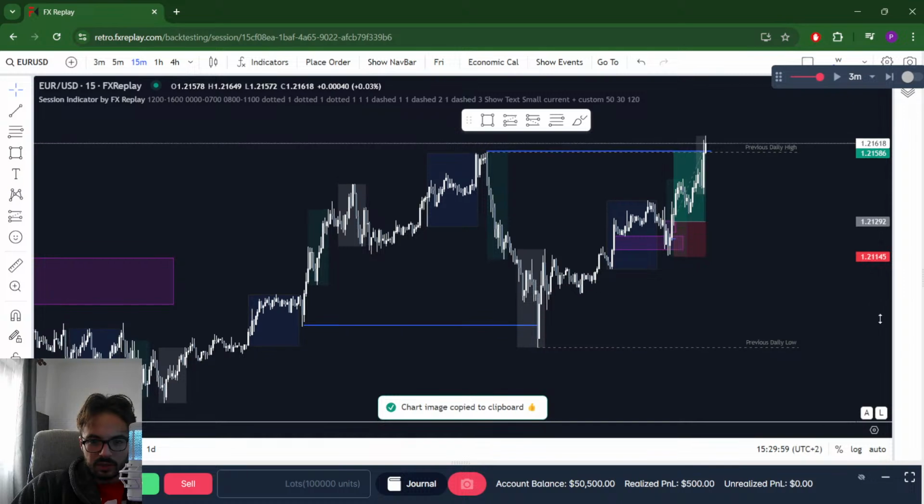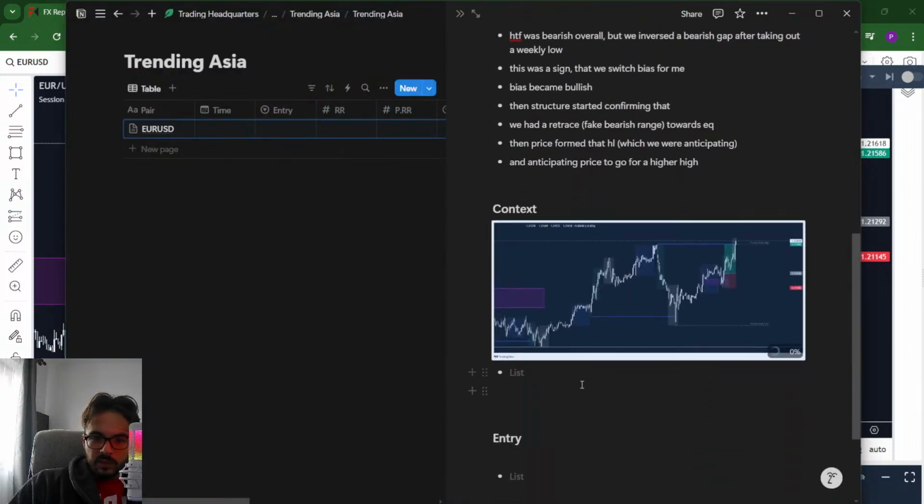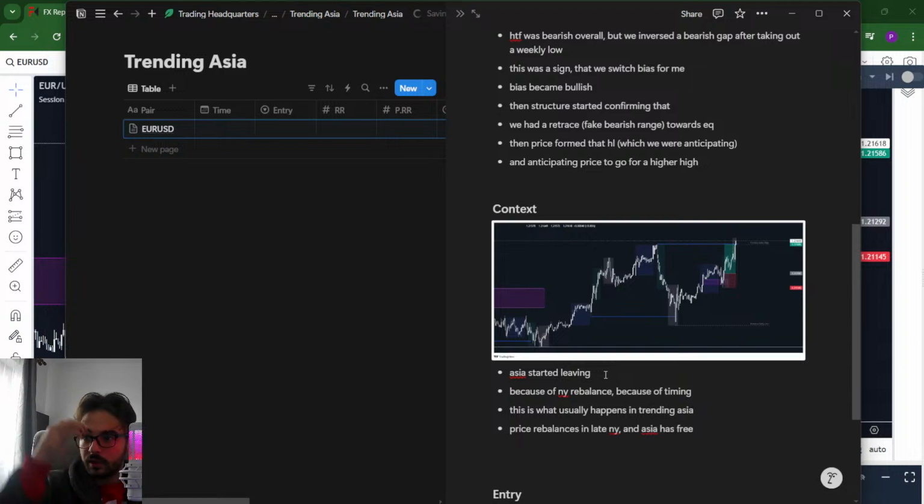Asia started leaving. So Asia started leaving because of the New York rebalance and because of timing. This is what usually happens in trending Asia. Price rebalances in late New York, and Asia